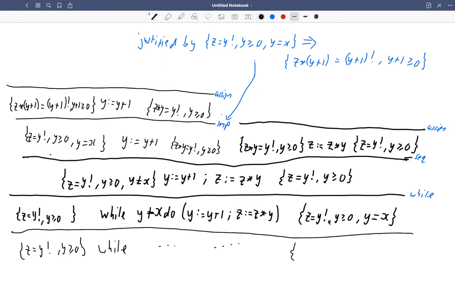So if z is y factorial, y is greater than or equal to 0, and y equals x, then in particular, because z is y factorial and y equals x, this implies that z is x factorial. This is how at the end we get the conclusion we want for the whole program, that indeed z is computing the factorial function of x. We go back to the proof, the whole proof